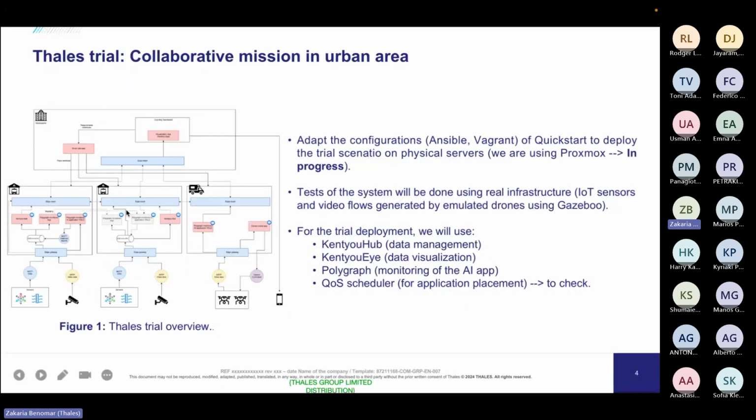For the time being, we are on a phase going from the single machine deployment using quick start to the physical deployment or the testbed that we will use for the trial. This said that we are porting Ansible and Vagrant configurations to a real scenario where we're using Proxmox. We are using Proxmox actually to manage the physical servers, and we are porting those configurations for the time being in order to use it with the physical sensors,